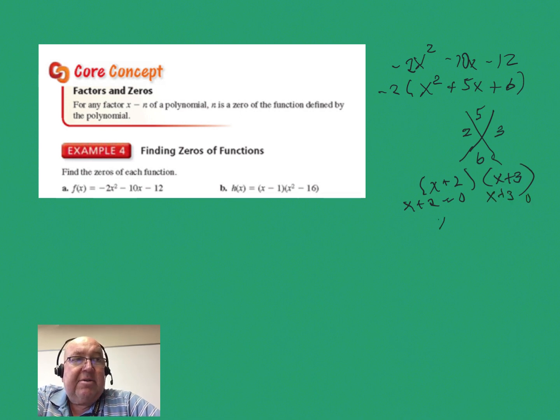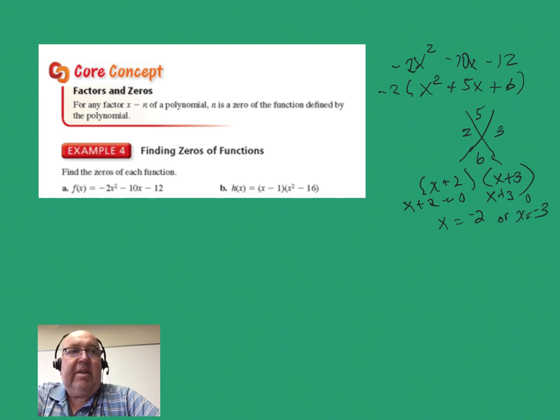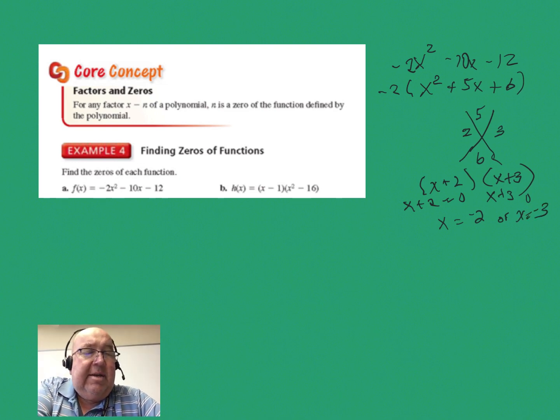And I get solutions or intercepts of x equals negative 2 or x equals negative 3. Alright, so